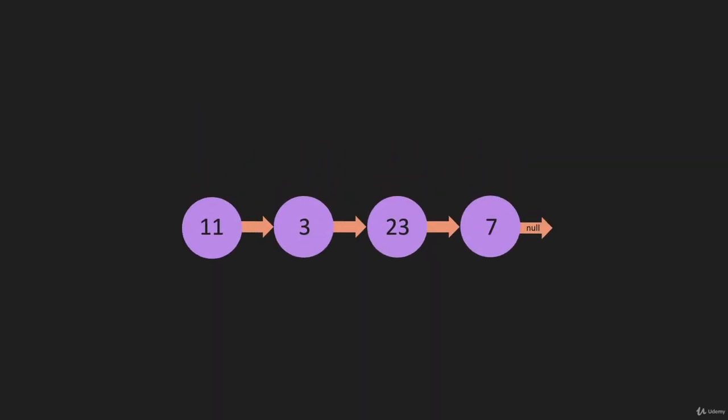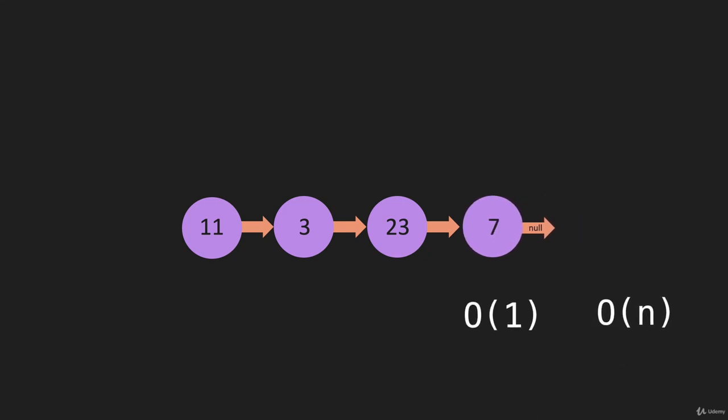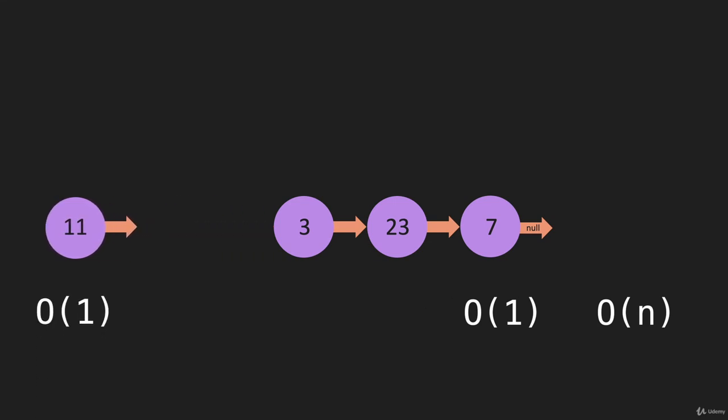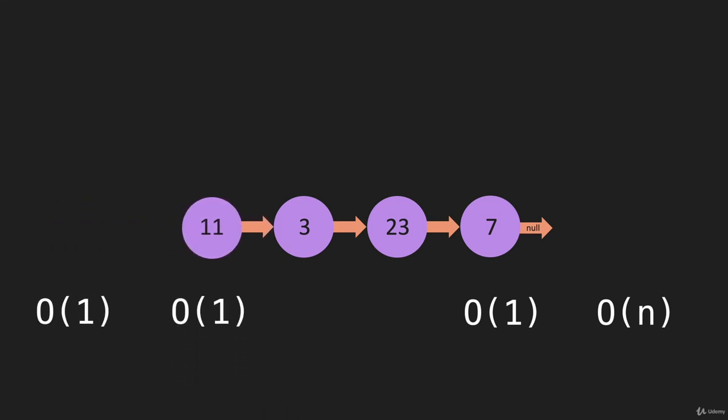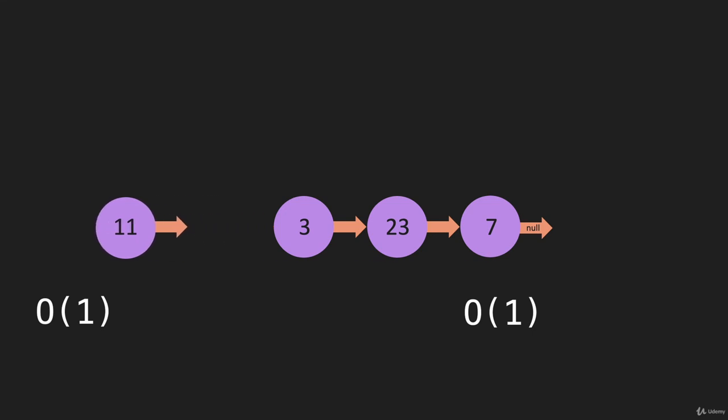So with a linked list, when you pop an item from the end, like this, it is O of n. But to push it is O of 1. On the other end, shift is O of 1, and unshift is O of 1. So what you don't want to do with a linked list is dequeue from this end, because that's O of n. What you want to do is enqueue from this end and dequeue from this end, and they're both